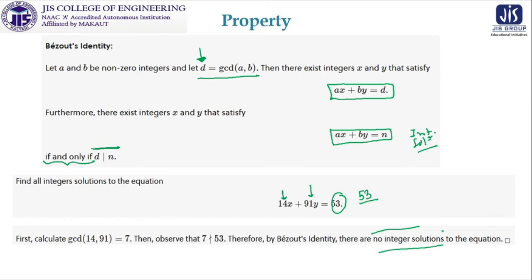So arbitrarily, by some informal way, if you are trying to find out the solution, it may be the case you will never get to any conclusion. But here the application of GCD is there, and it helps us to find this out. So what is the process? The formal process is like that.